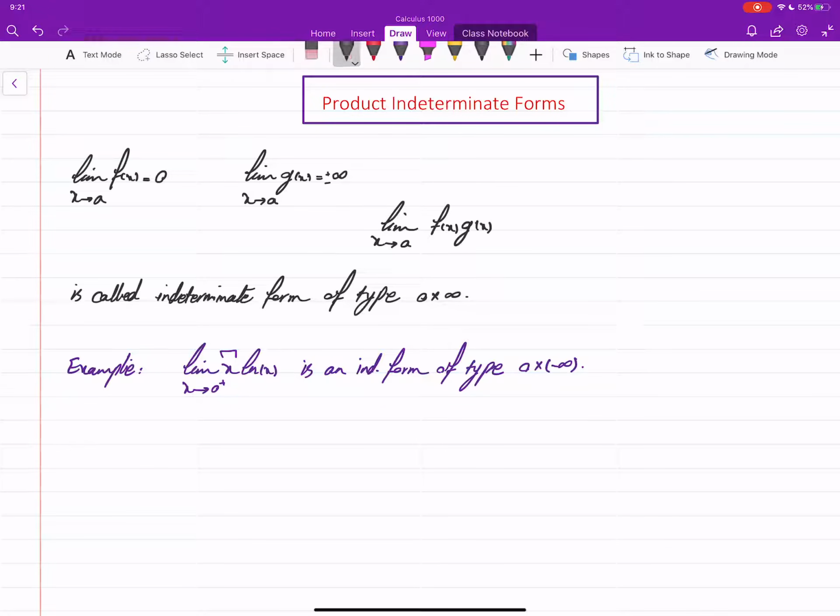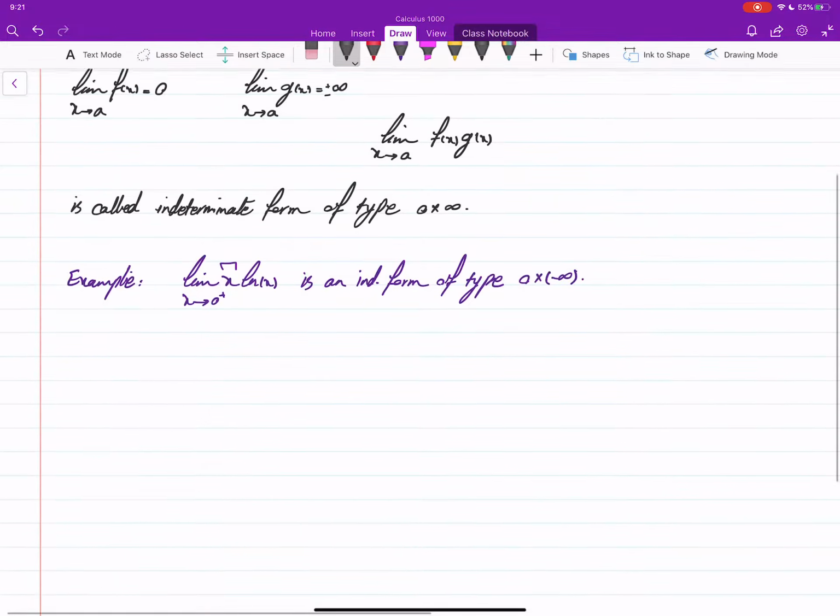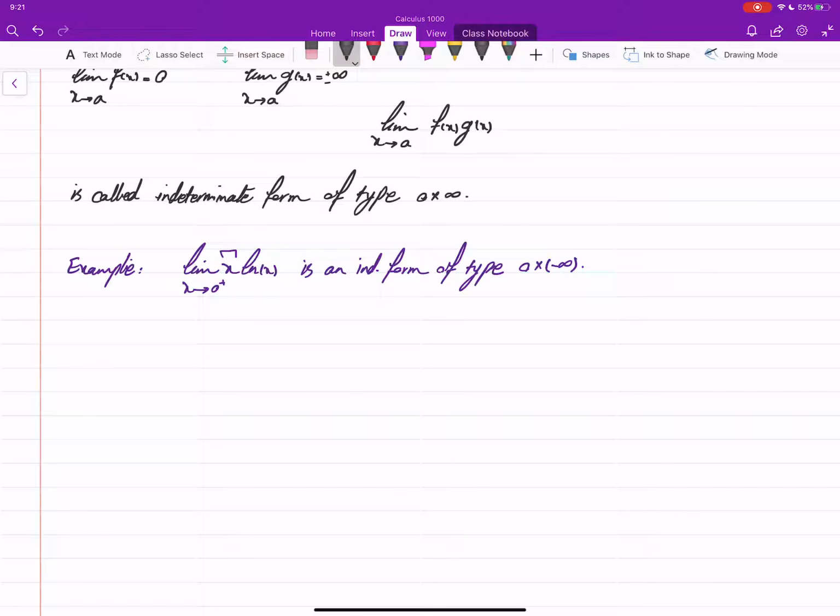How do we resolve these cases? The key trick is that we turn these indeterminate forms into either 0 over 0 or infinity over infinity indeterminate forms. So to resolve these indeterminate forms,